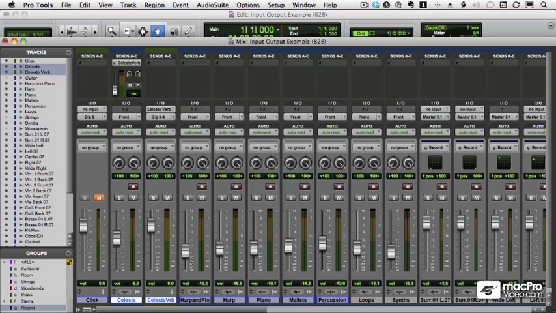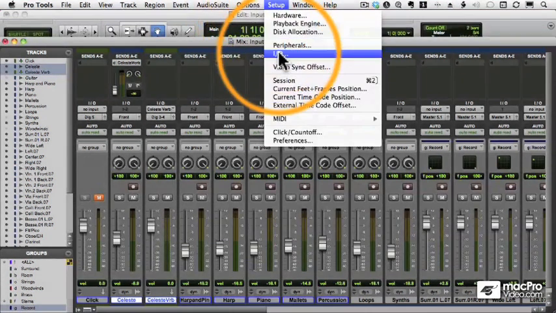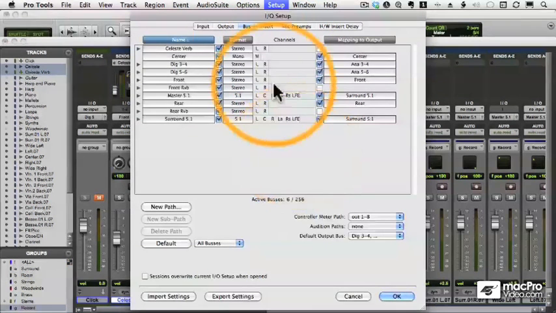Pro Tools makes it easier than ever to move your sessions between different audio interfaces, different computers, and different studios, and you do that all under the I/O settings option. Under the I/O settings, you will find this option at the bottom that reads Sessions Overwrite Current I/O Setup when